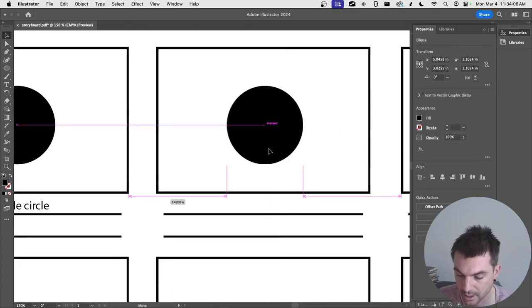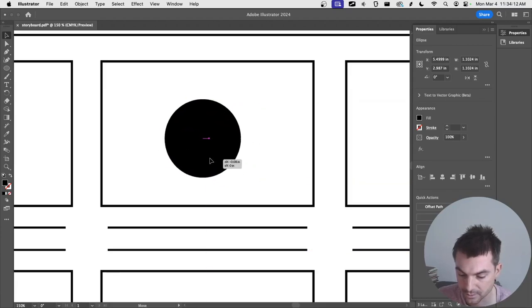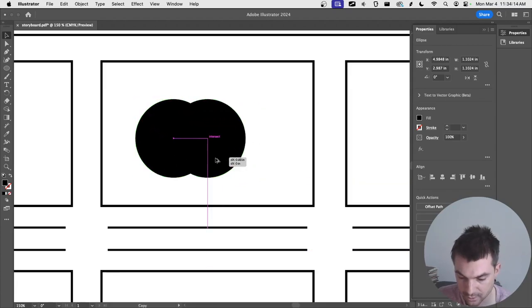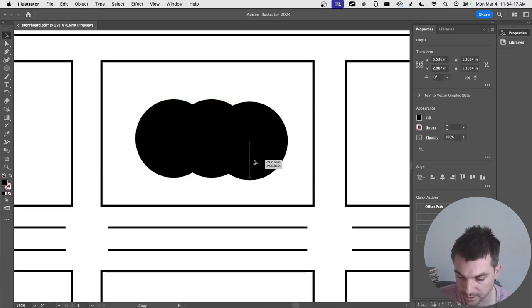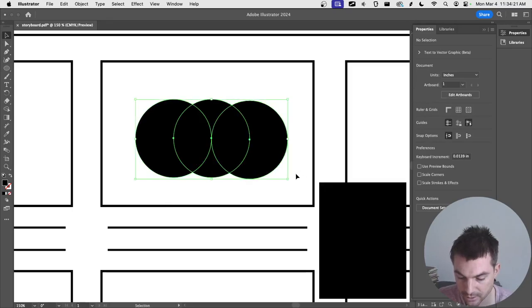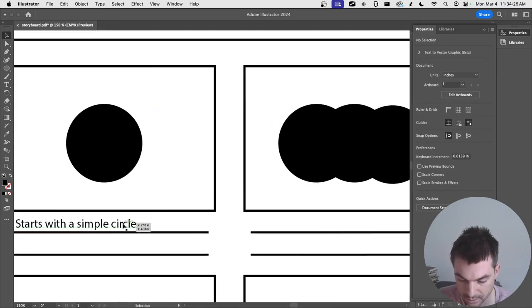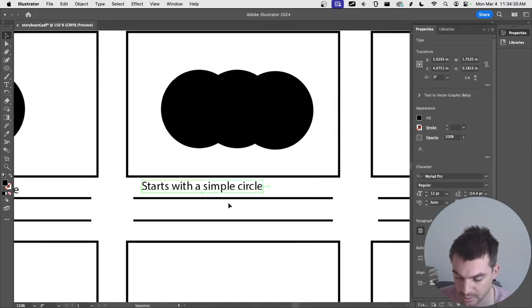And so to draw madness, maybe I'll start just by kind of wiggling around a little bit. So I'll maybe do a couple of things like this, and I can also duplicate the text if I want to. So I'm going to grab this text and pull it over here. Just holding Option lets me do that. And then if I want to edit the text, I hit T or select the type tool. And I'm going to say circle